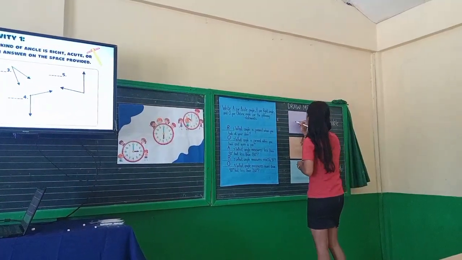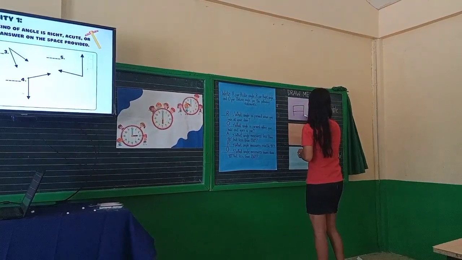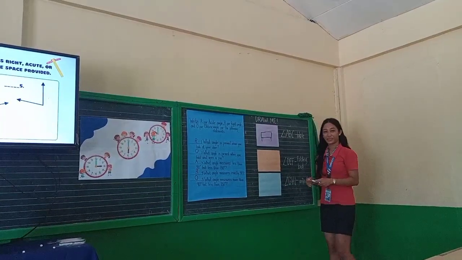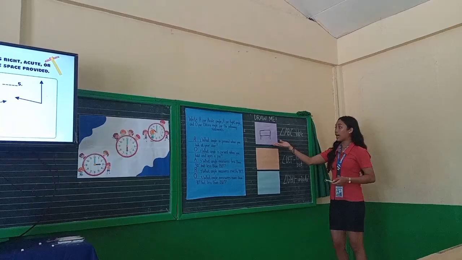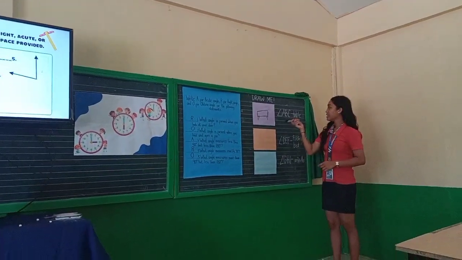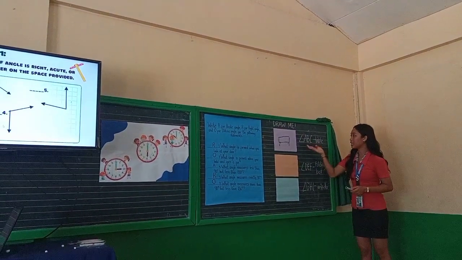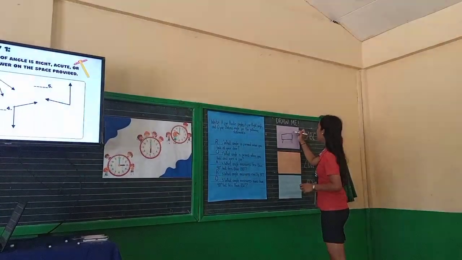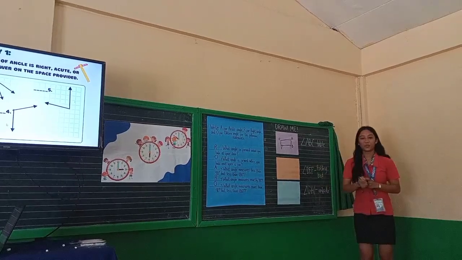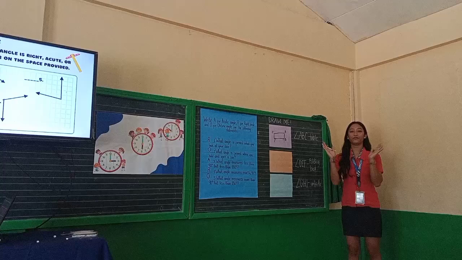Alright. This is a table. Okay, very good, group 1. Group 1 drew a table and we are going to name it according to the given name. So their angle is named angle ABC. So we're going to name it A, B, and C. Very good, group 1. Let us give group 1 5 claps. 1, 2, 3, 4, 5.